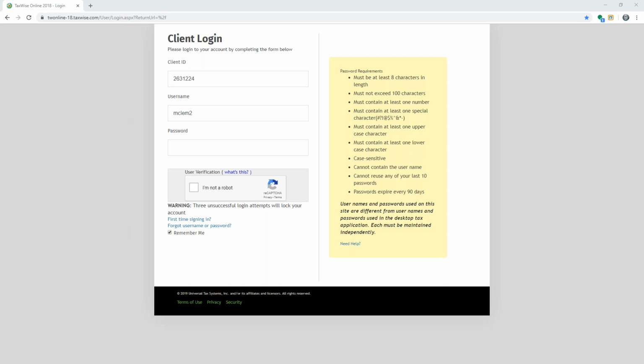New users, what your admin will do is create an account, and you will get an email from us in regards to setting up the software. It's going to include the client ID, your username, and the password is going to be everything that's in the quotation marks. And the way that looks is